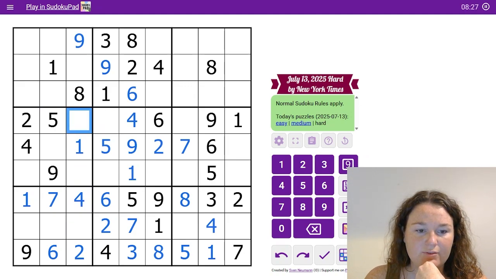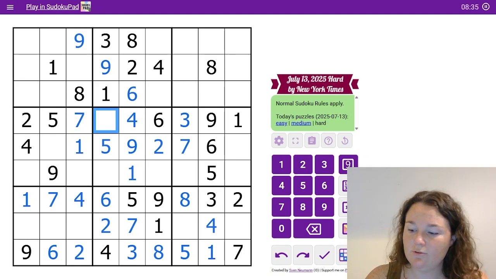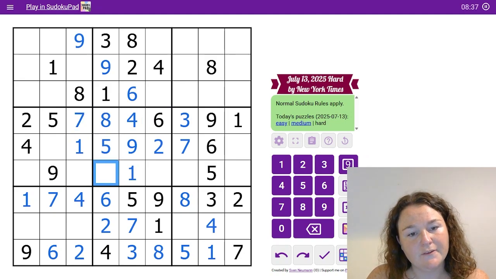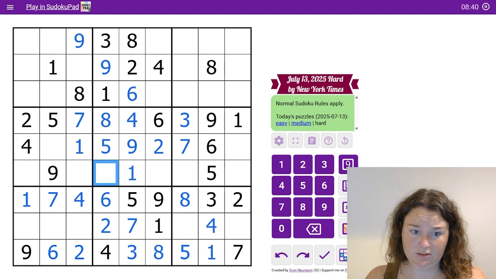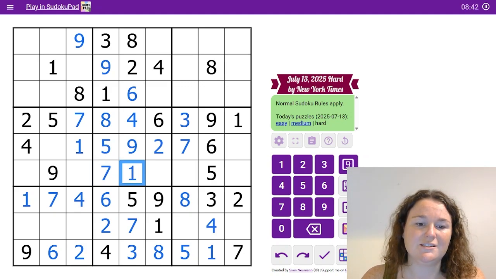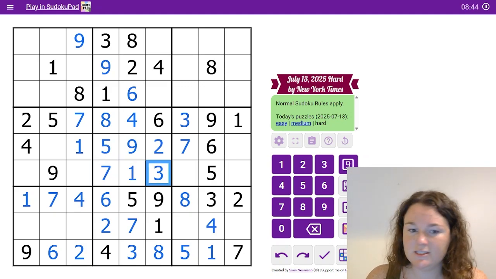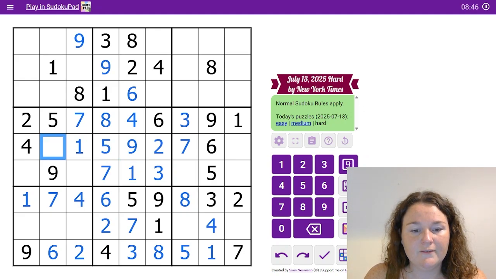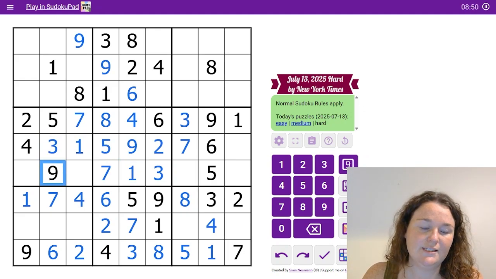This row needs 3, 7, 8. 7 and 8 are in this column, so 3 goes here, 8's in this column, so 7 will go here and 8 here. And then this is going to be the 7 to finish this column, and then the 3 to finish this box. All right, then in this box, the only cell the 3 can go in is here now,